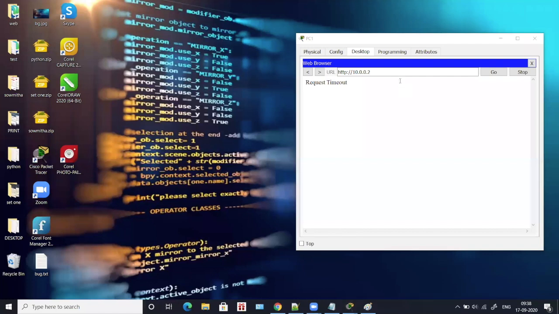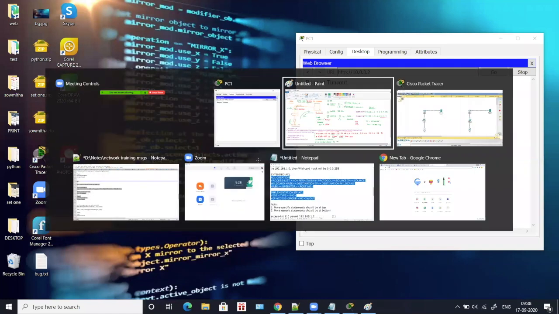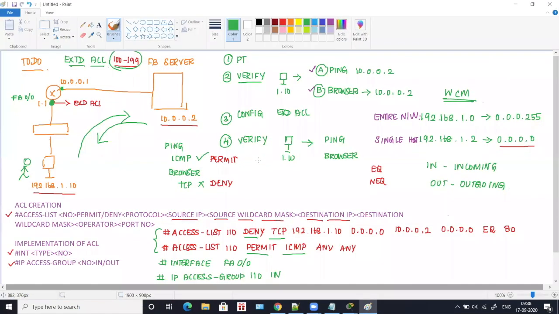All right. So follow the same steps. It will be a little confusing when you see it for the first time, because of this wildcard mask, permitting and denying, and the number range, and a big command like this. So it is definitely going to confuse you in the first place. But when you do it step by step and understand the concept, it is going to be easy. The command looks big, but it is all the IP address and the wildcard mask which we are submitting here. So you can go ahead and start working on extended ACL.